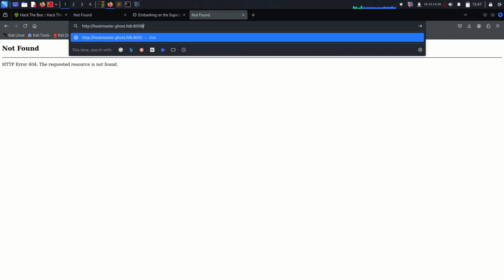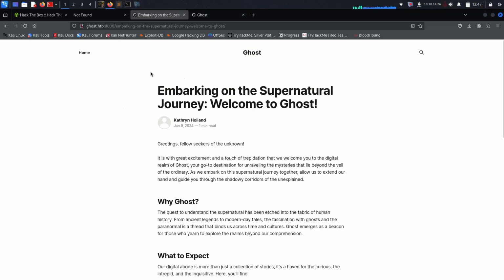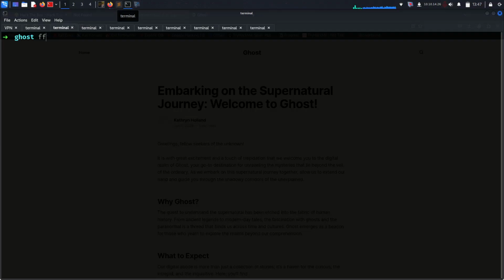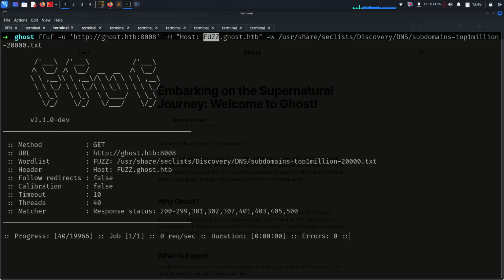Let's try ADIDNS. It seems like we get the same thing, which is our ghost.hdb. So we can also try ffuf, because it's another great tool for fuzzing subdomains. Our URL is running on ghost.hdb, and we're trying to fuzz for subdomains. And if I run something like this, it gives us too many results,